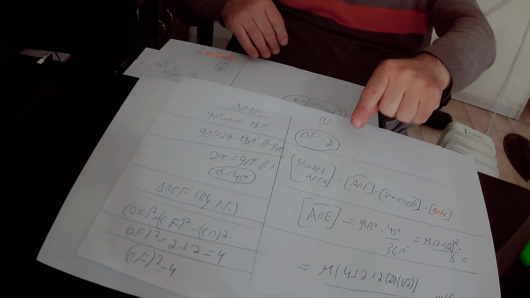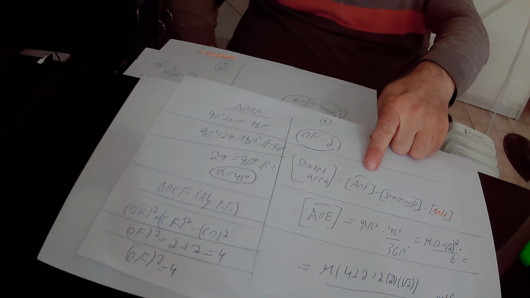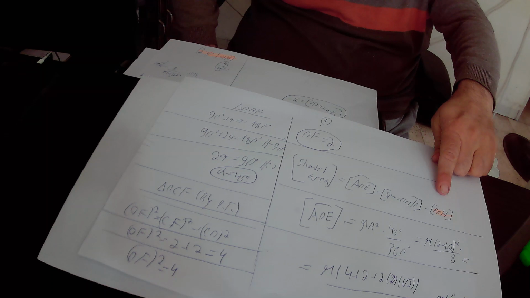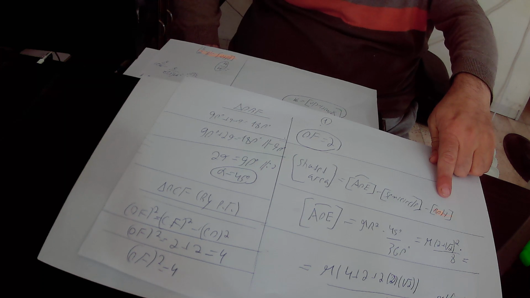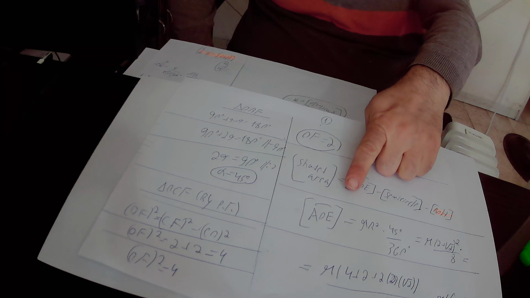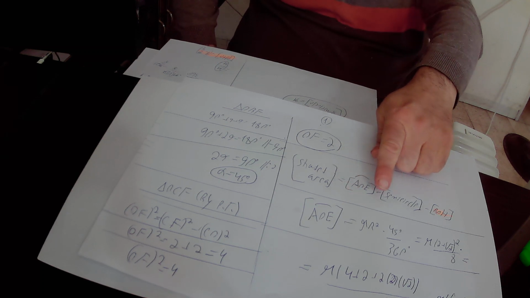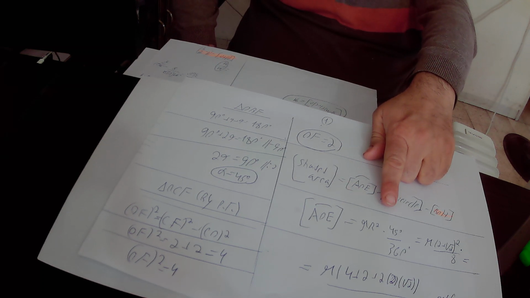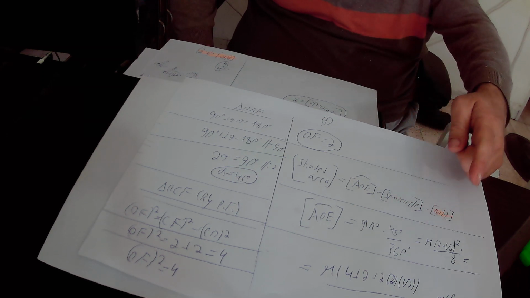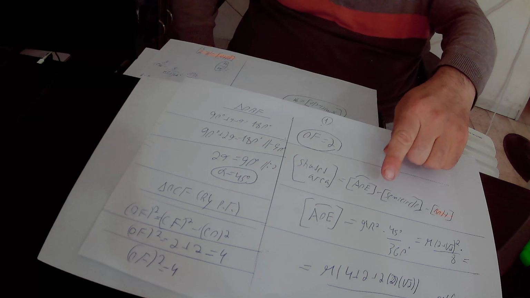Repeat again. The value of the shaded area in total equals the area of the big sector AOE minus the area of the small semicircle minus the area of the orange small shape BHO or BOH. And as I already explained to you, the area of sector AOE will be equal to pi times capital R squared times 45 degrees over 360 degrees. We have already found out that